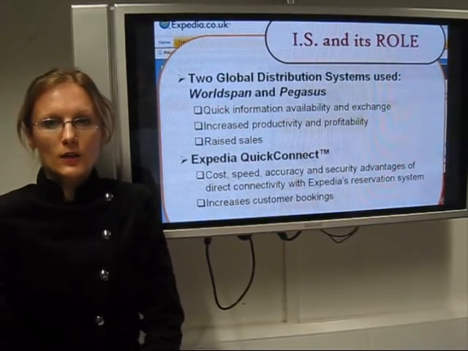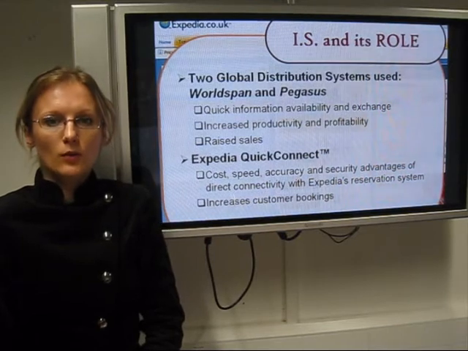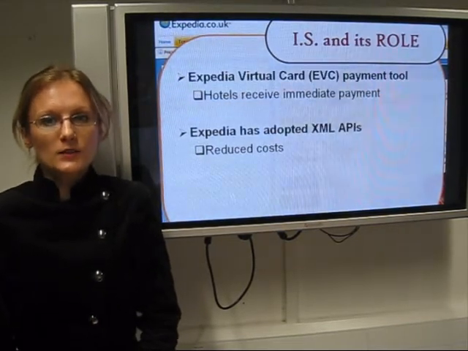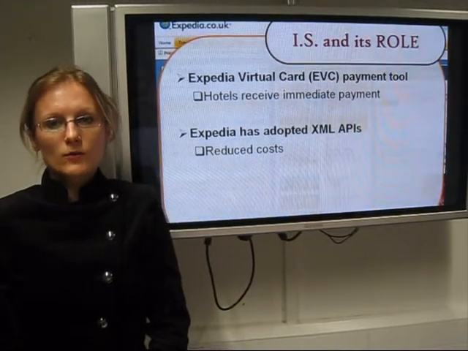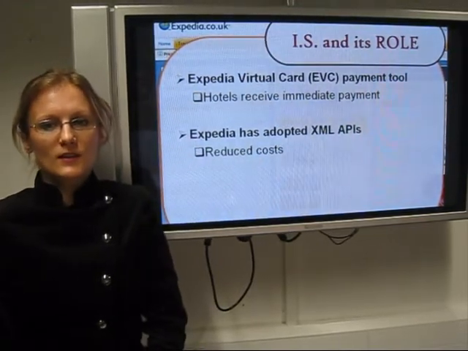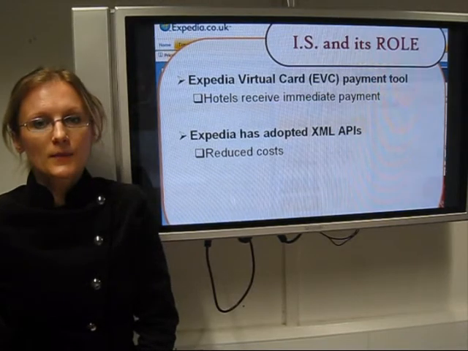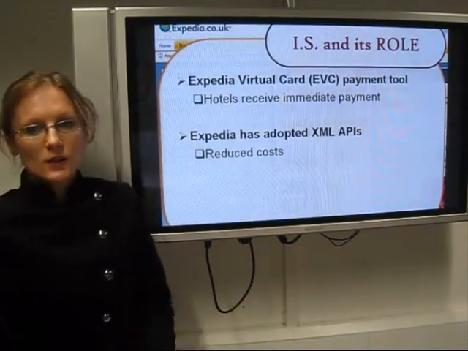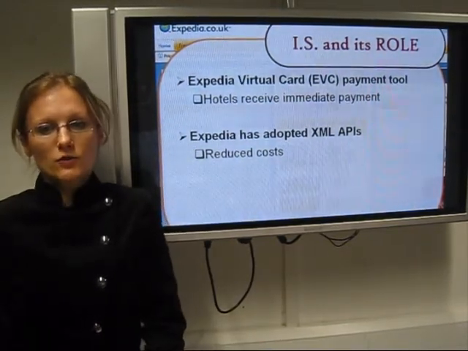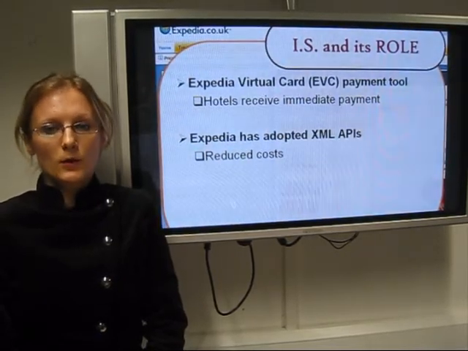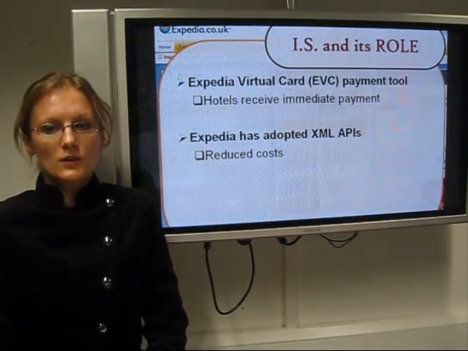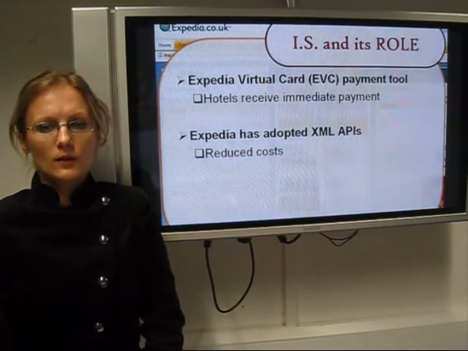In addition, Quick Connect helps increase customer bookings while also decreasing costs. Expedia introduced the Expedia Virtual Card Payment Tool, where the product provider receives payment for bookings immediately when customers check out on its website. Expedia has also adopted an extensible markup language application programming interface. It allows getting information from databases, avoiding the cost associated with converting a database into HTML documents